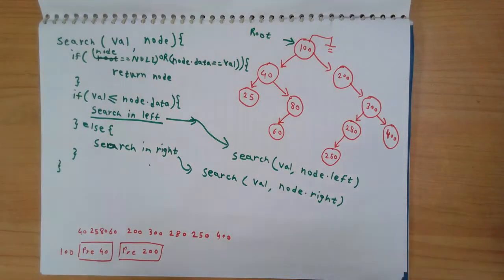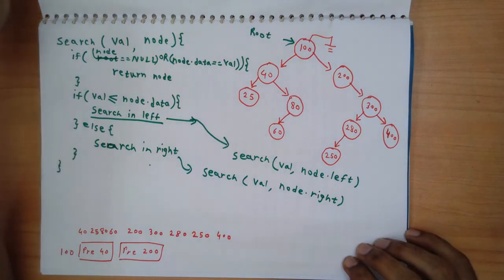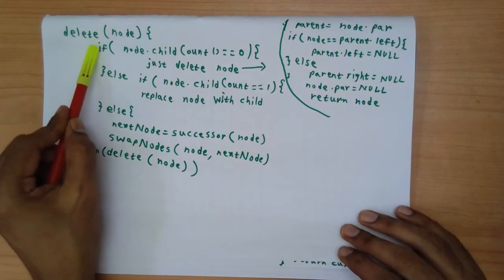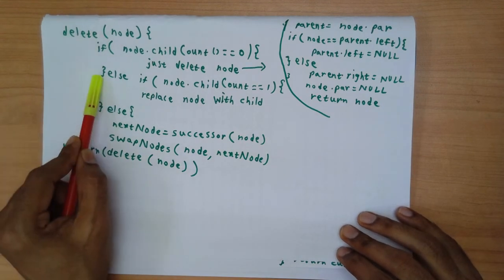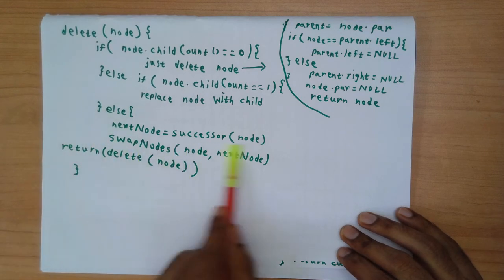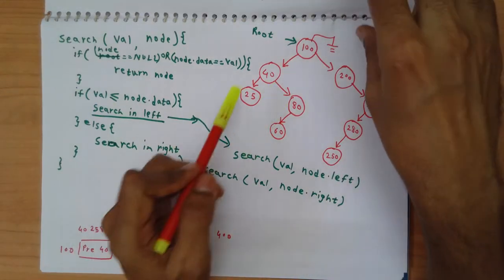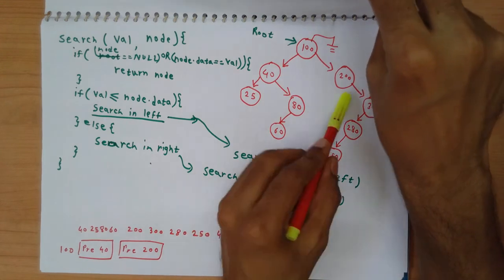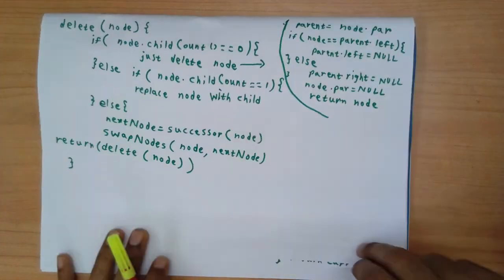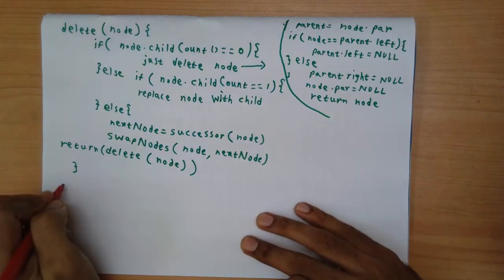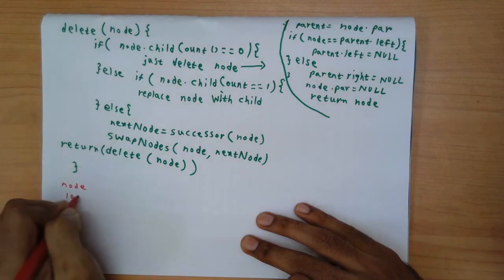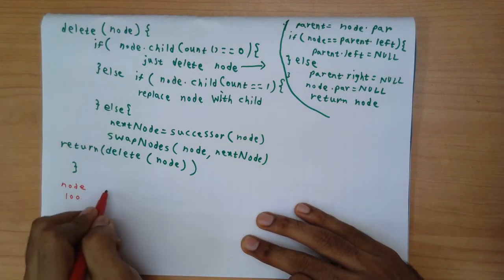Okay, so let's try to delete 100. Deletion of the 100, we'll ask the question: does 100 have 0 children? No. Does 100 have only one child? No. Otherwise, now we have to go and get the successor for 100, and we have seen the successor for 100 is 200. I'll keep track of this. So the successor I have got is 200, so my node is 100 and my next node